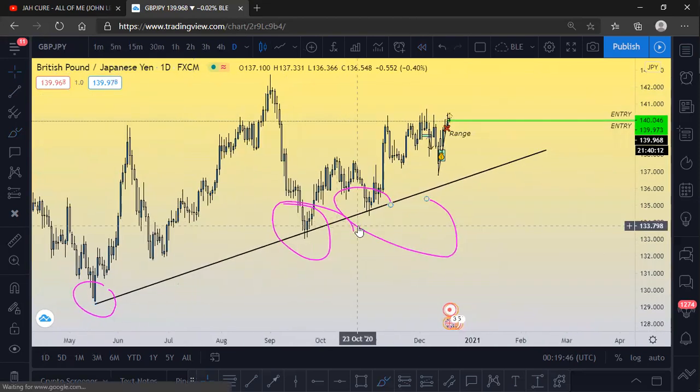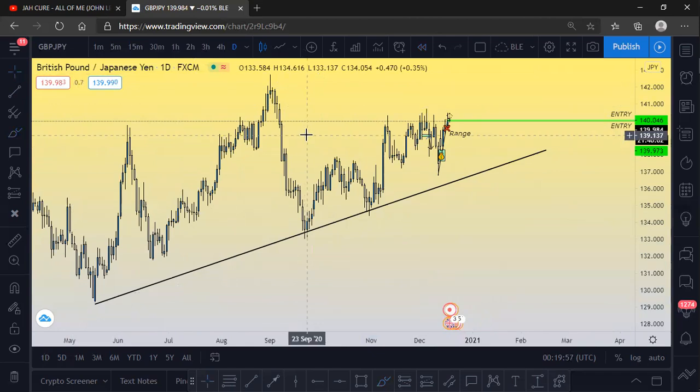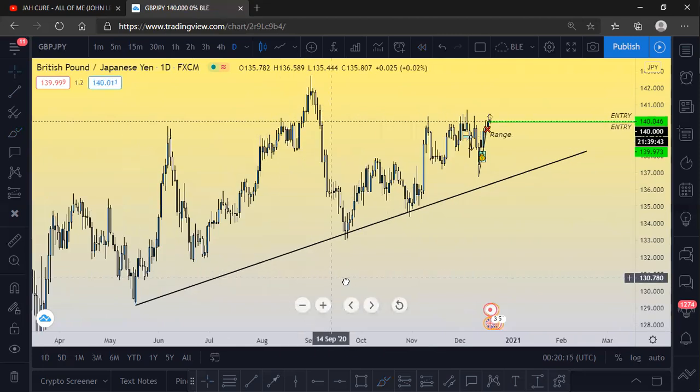Let me delete this. What do you say? I have a question. All right, what's your question? Right here on this uptrend, I can see a higher high and another high closing higher than the first, the initial higher high. But now we are having lower.